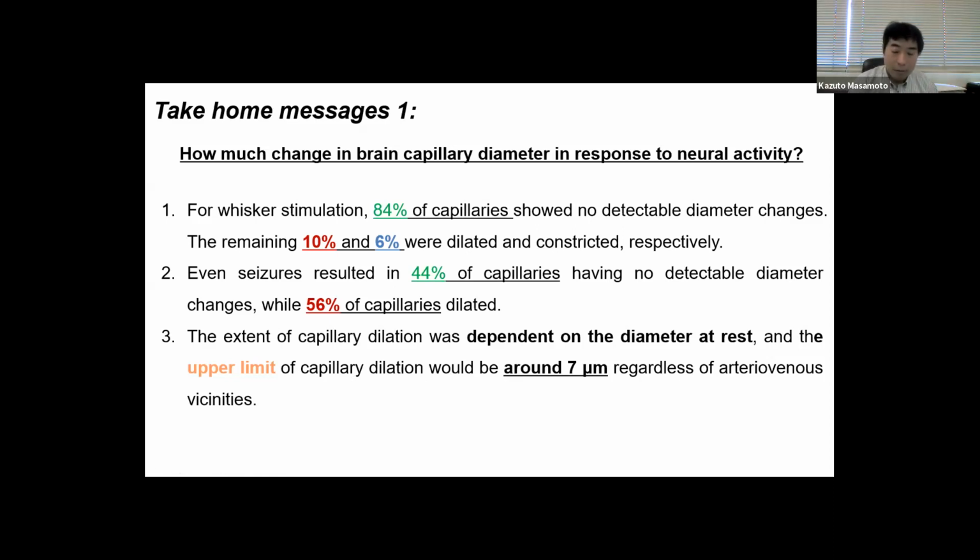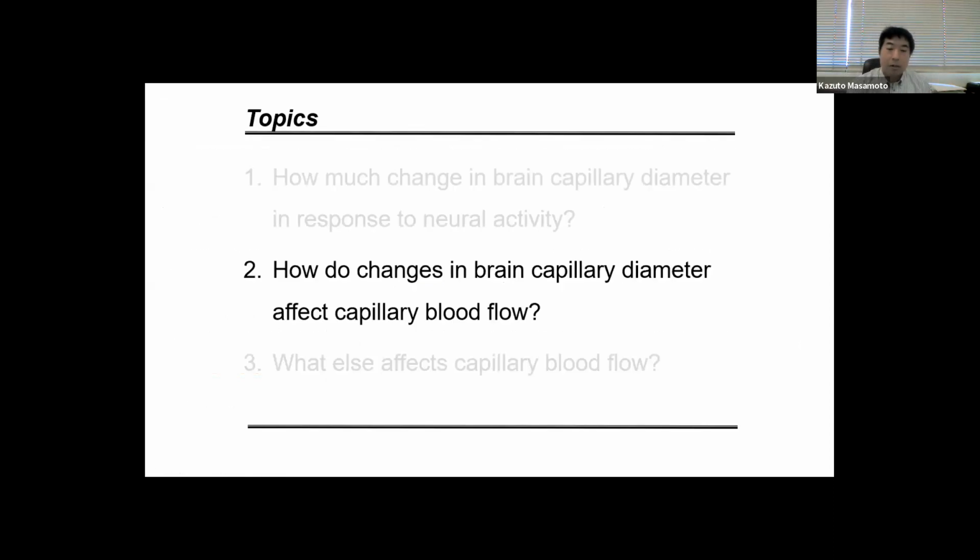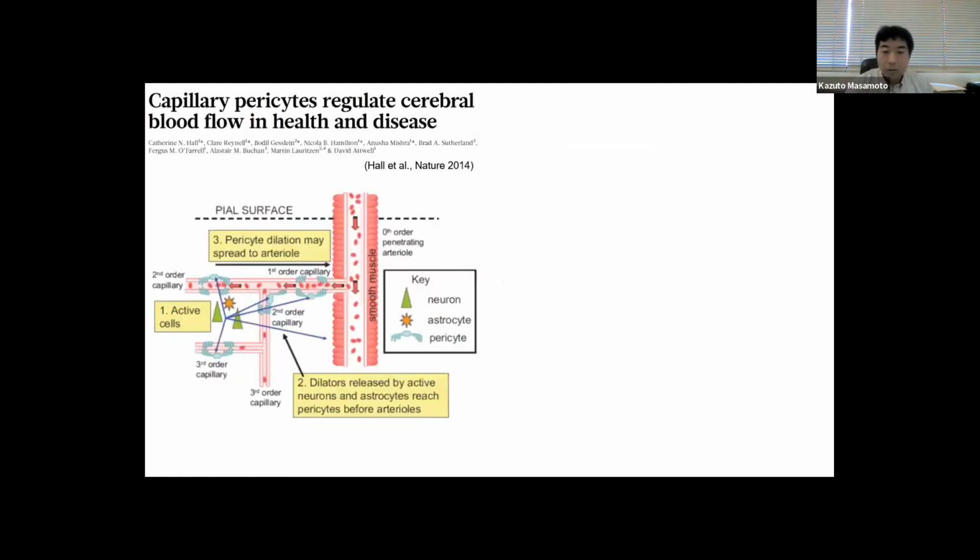So then, what caused this difference in the resting capillary diameter? This is a very important question. How does the brain capillary diameter change, and how does this change affect the blood flow? To do that,